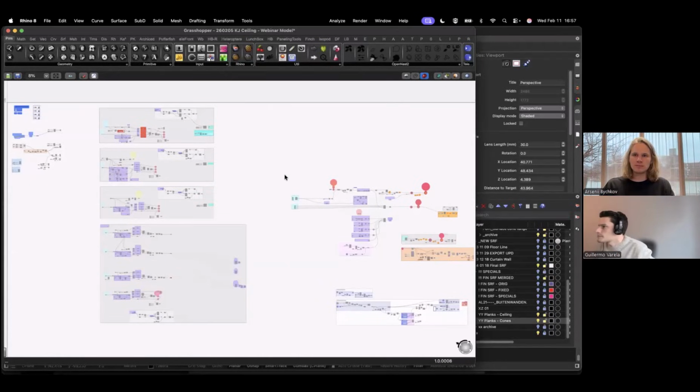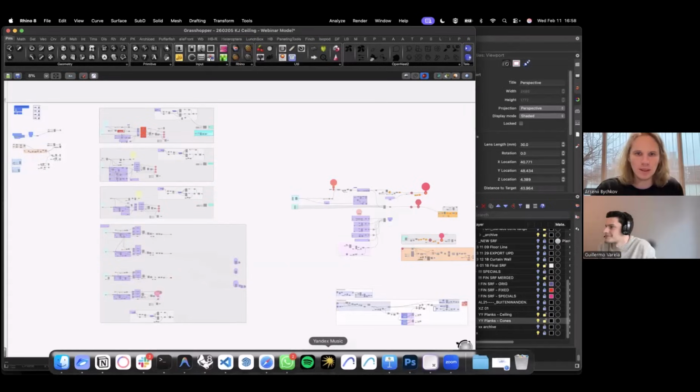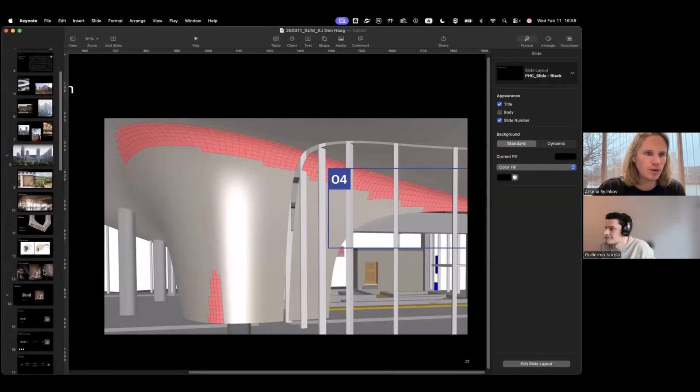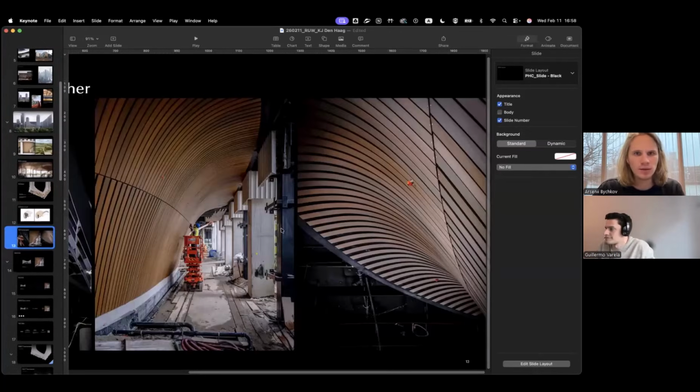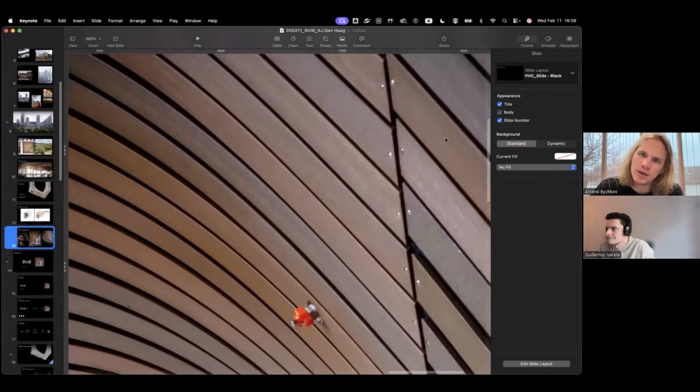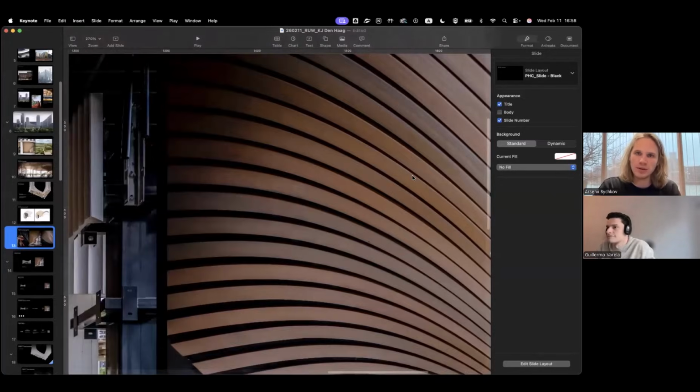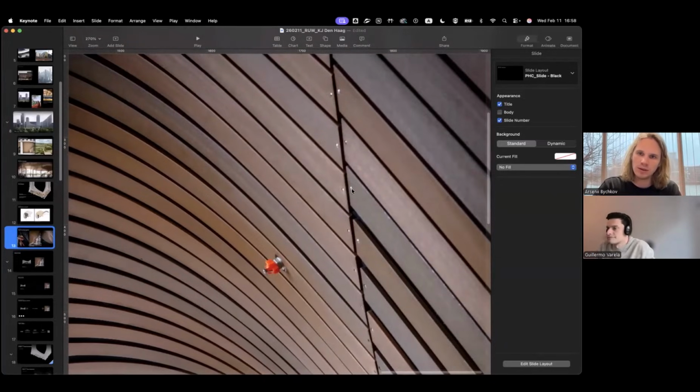Marcos Navarro is asking a more technical question: if there was a minimum spacing between nails to avoid cracking of the planks. I can actually show you in a presentation really quickly, because there is a nice photo of how it's being constructed. We didn't really calculate for that, but you can see here that each and every plank is being held by just one nail, let's say,